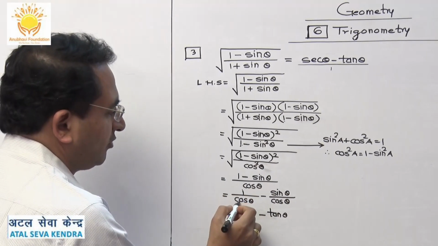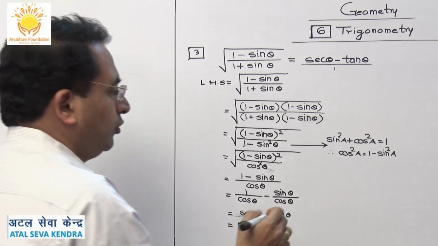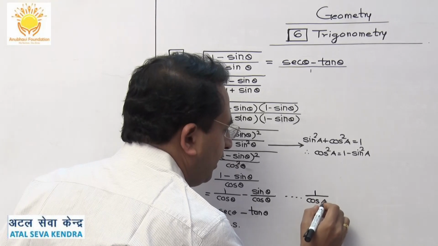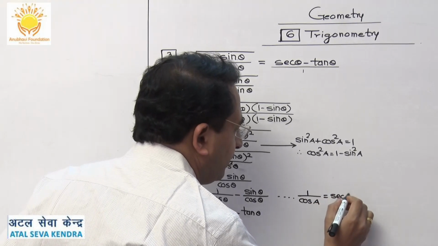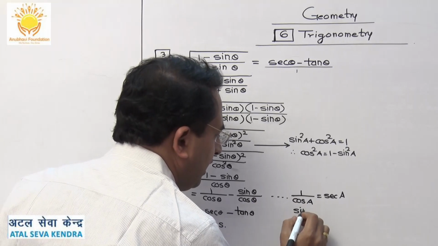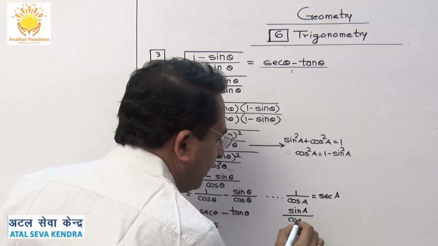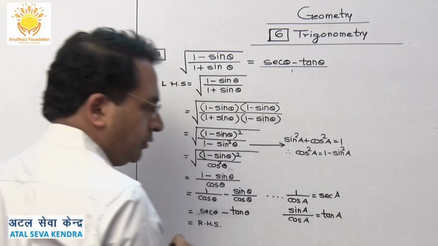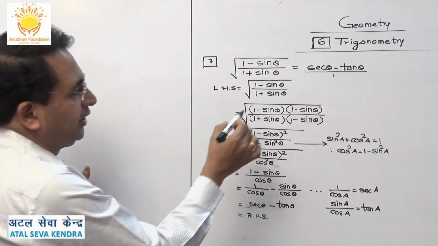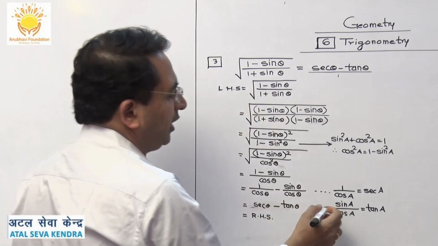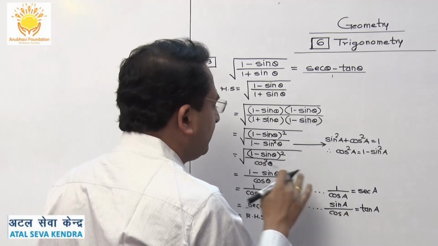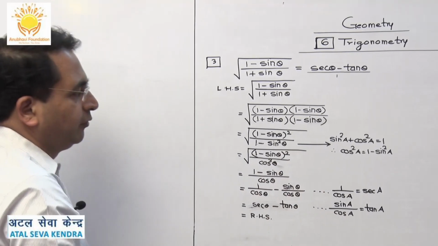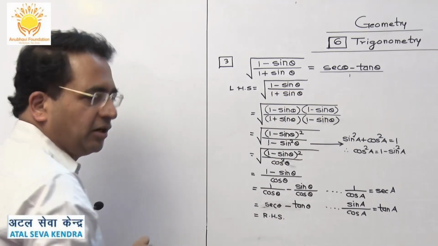This is 1 upon cos theta, you have written as sec theta. So here we can write 1 upon cos of A as sec of A, this is a formula, and sine A upon cos of A is equal to tan of A, and that is what we have used. Because the question is given in terms of theta, the formulae are to be written in terms of a letter other than theta. I have selected A for reference. So this is the way we have to complete. If you write this much, then you will get full marks.